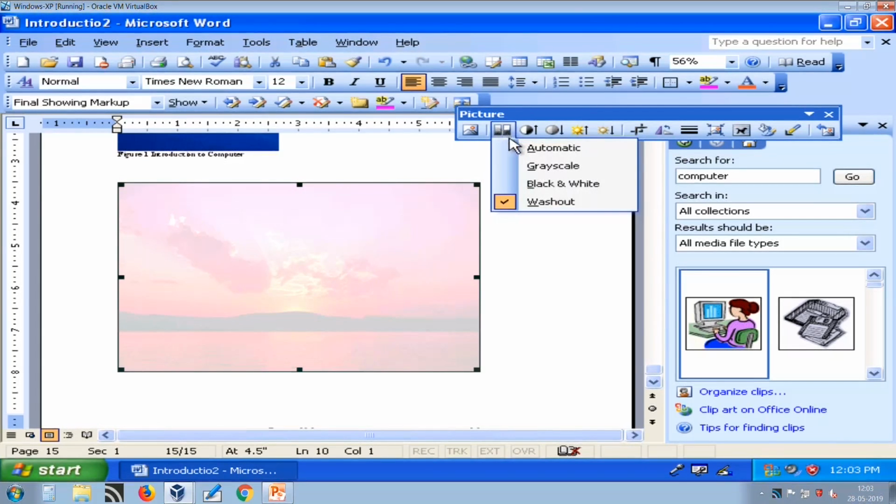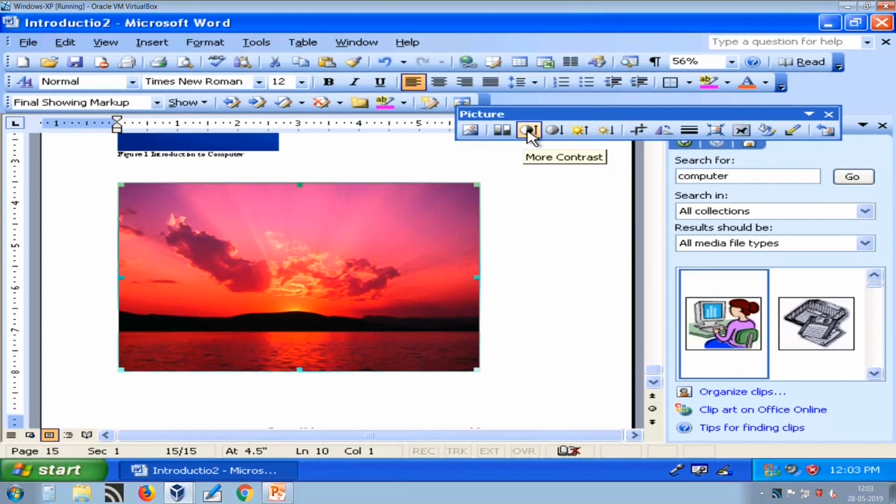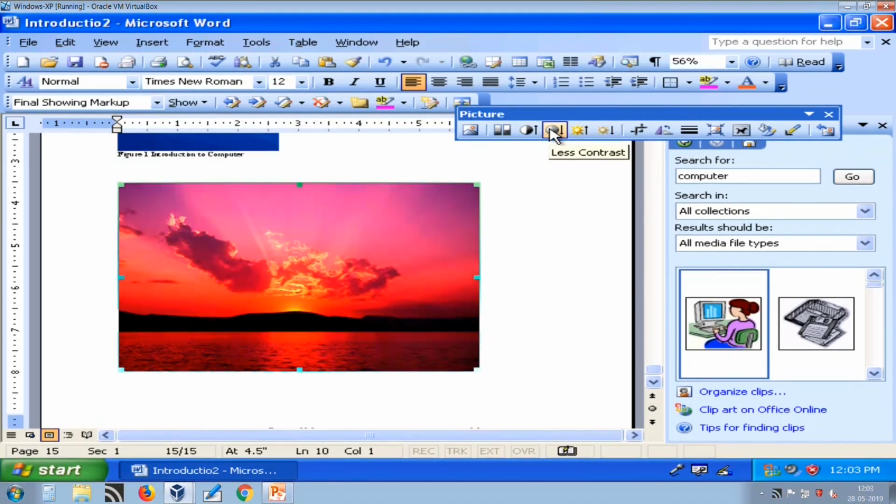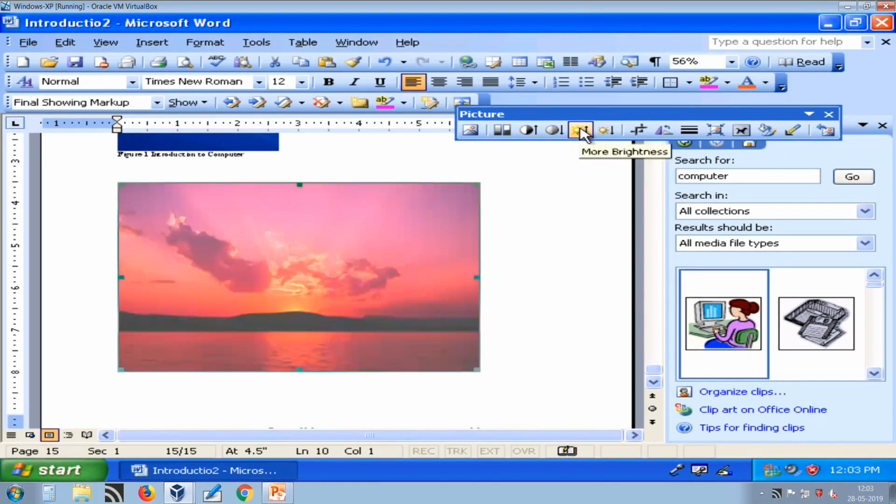Here I am again selecting automatic. Here you can contrast your picture. So you can see my picture is changing. Here I can reduce my contrast in order to get original picture back. Similarly, brightness can be increased or decreased. You can crop particular part of picture.